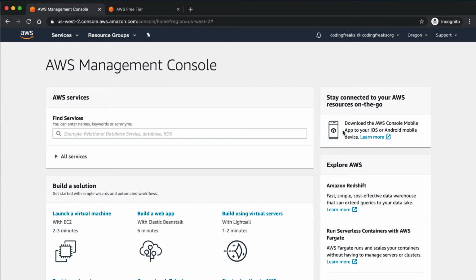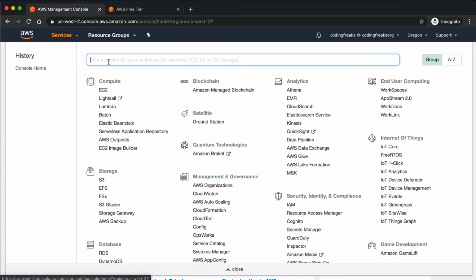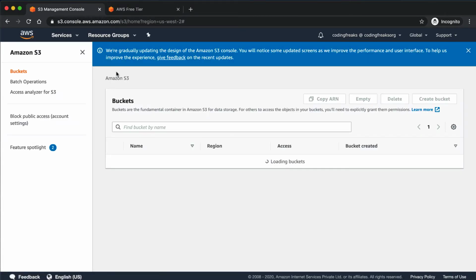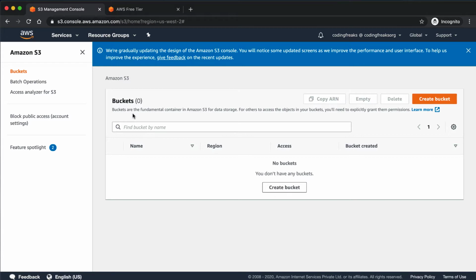Let's understand what S3 is. Before that, let's hit services and search S3 so that we can reach the console page of S3. If you see this page, S3 stores data in the form of buckets, and these buckets store data in the form of objects. And the storage available in a bucket is unlimited. Whenever you have some data to store, you just push it onto S3 and the storage is available for you. You need not worry about the provisioning of storage. You will never be over-provisioning or under-provisioning the storage when using S3.